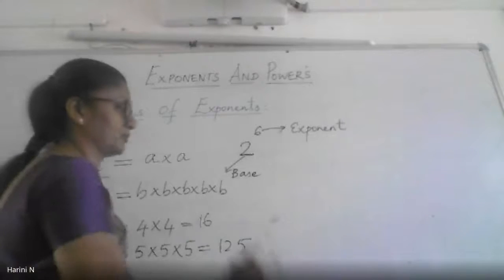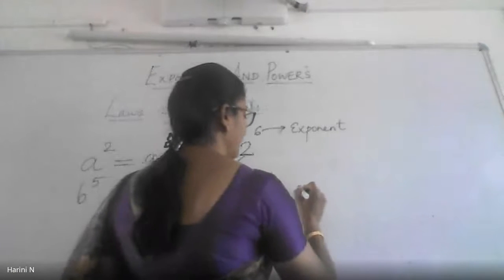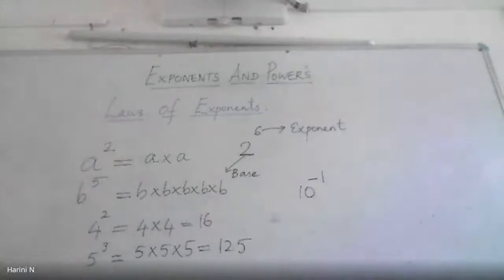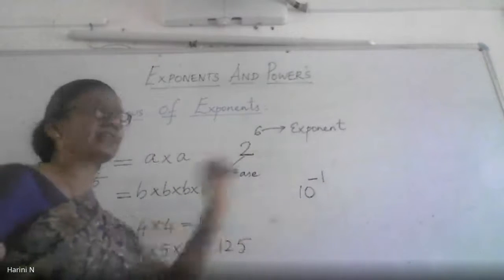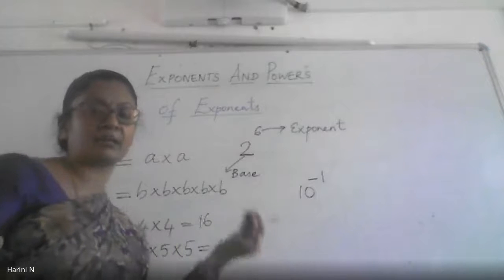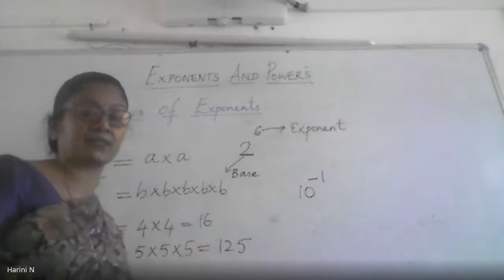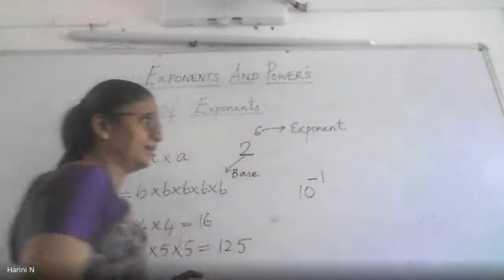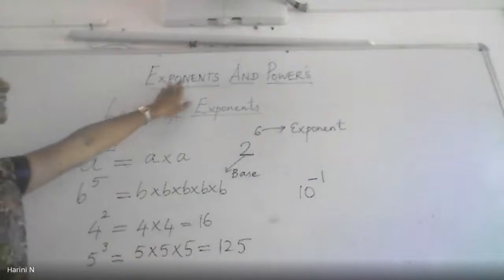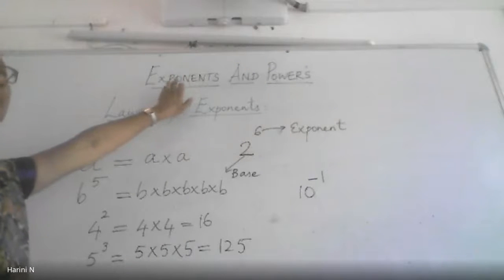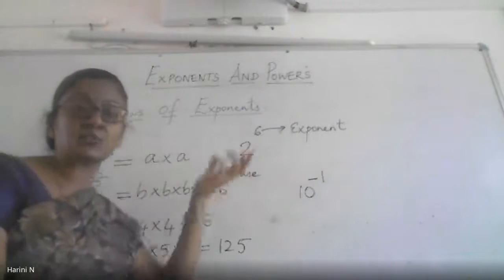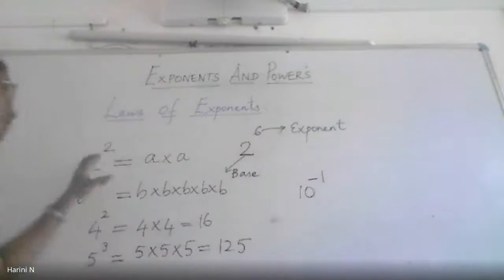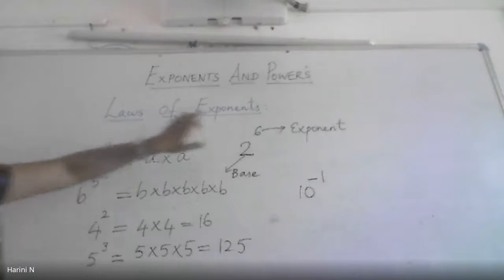Now powers need not always be positive integers. Like suppose I have this number 10 to the power negative 1. Now what do I understand by 10 to the power negative 1? How can I multiply something with negative 1 power times? When you have this negative power coming, we call them exponents, because exponents can be both positive powers as well as negative powers. When we are generally talking about powers of numbers, we do not consider negative exponents at all.